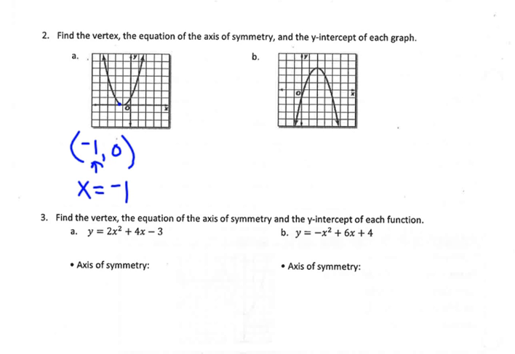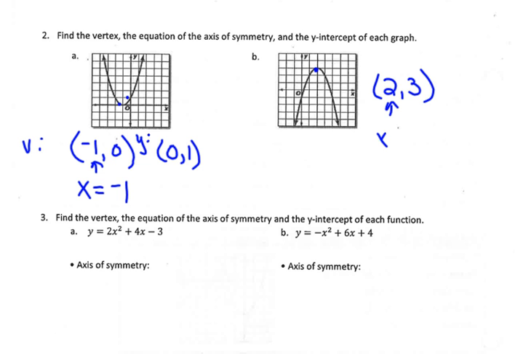Your y-intercept is just what it says. Where does it intersect the y-axis? It intersects the y-axis at 0, 1. So this is your vertex. This is the y-intercept. All right, over here, here is my vertex, which is the point 2, 3, which means